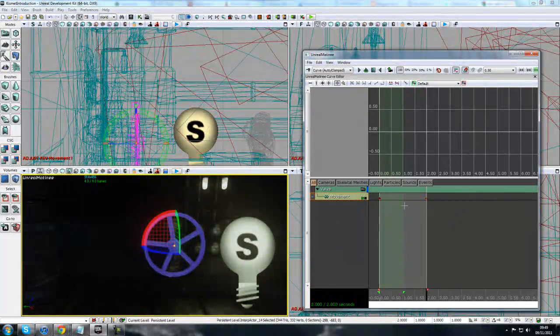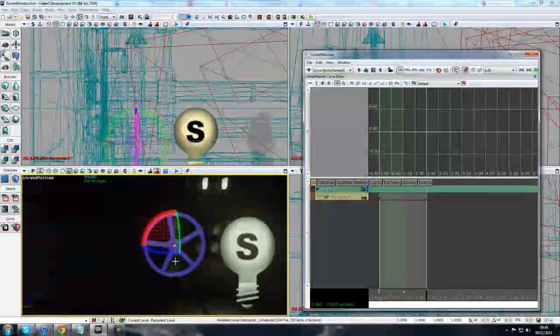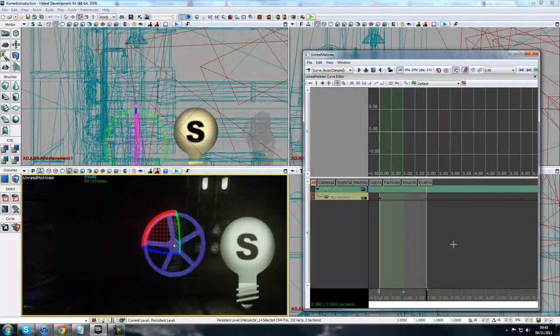If we didn't do this, if we started moving around with the keyframe still clicked, it'd change all this keyframe information. So whenever you do anything, make sure you click off that keyframe. And now if we bring our time slider back to the beginning and then hit play up here, you'll see